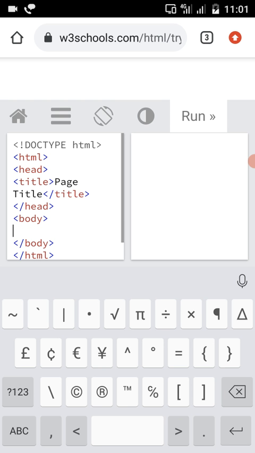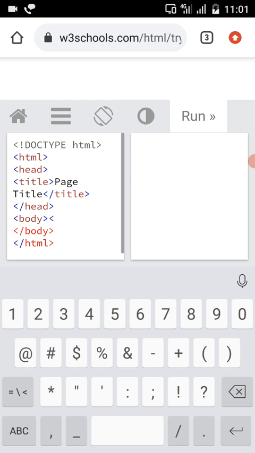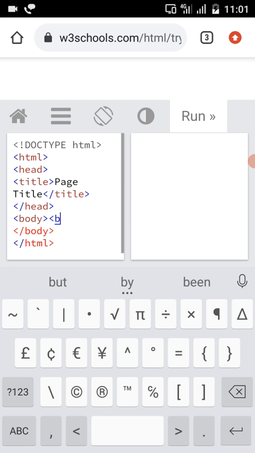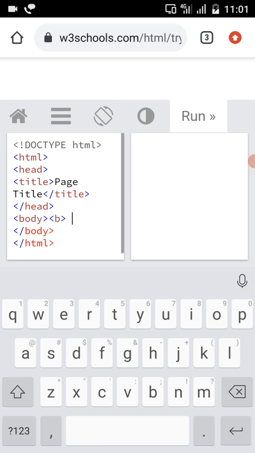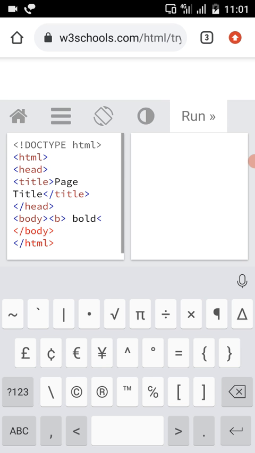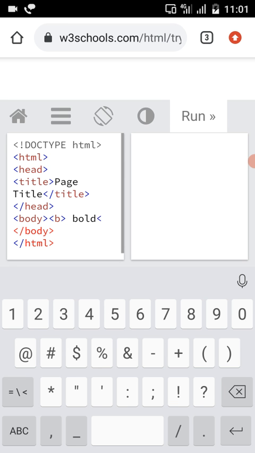For making text bold, we have to use a tag called B. In this B tag, you can type any text. Here in this B tag, I have written a text called bold. Whatever text you write in between these B tags will display in bold.